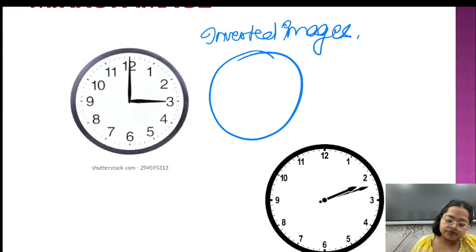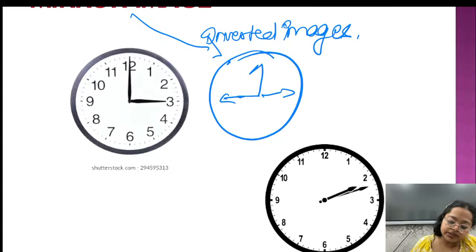So if the clock says 3 o'clock and if we make the mirror image of this, the clock says it is 9 o'clock. Okay, but whenever we encounter this minutes type of question in this clock, there would be